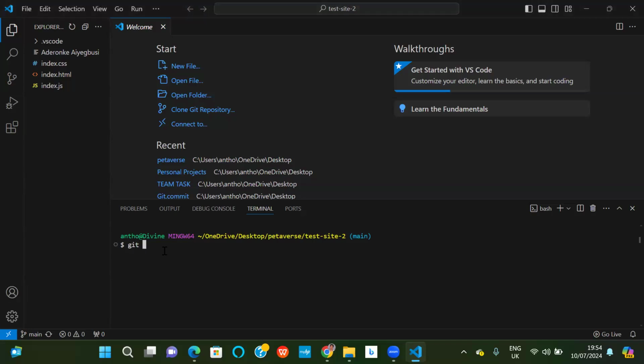Git space checkout, space dash B. Yes, B. B for boy. Okay. Space.